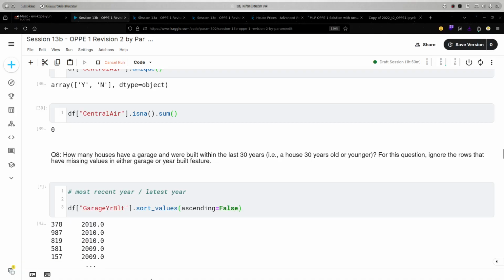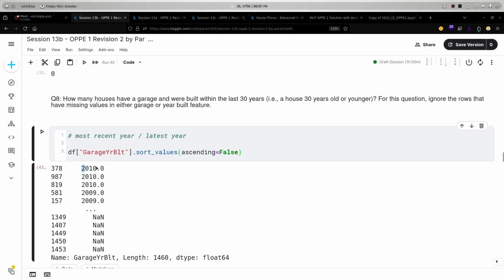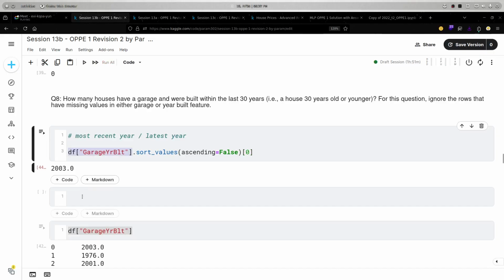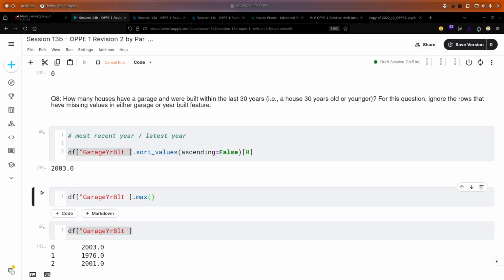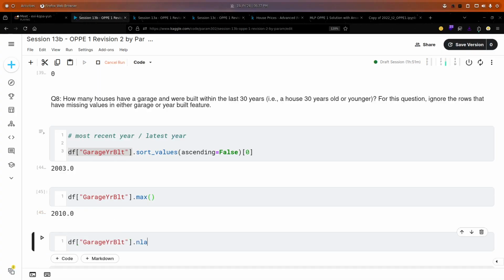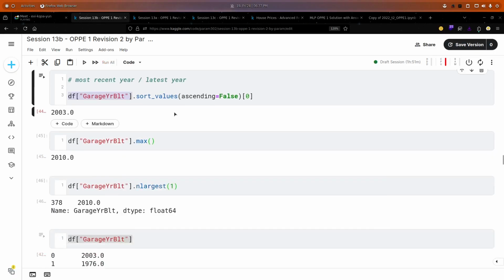All right, then I get 2010 here. And then I can simply do 0, right? Also I can do the same thing with dot nlargest. In fact, I can do the max as well, and I can also do nlargest 1. So all will give me the same answer.